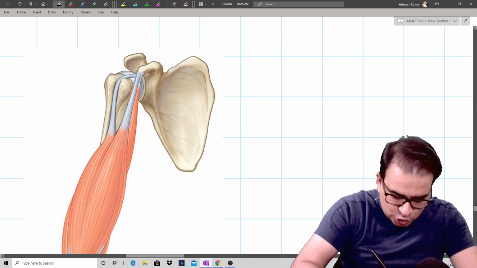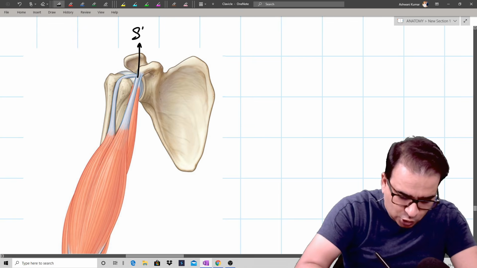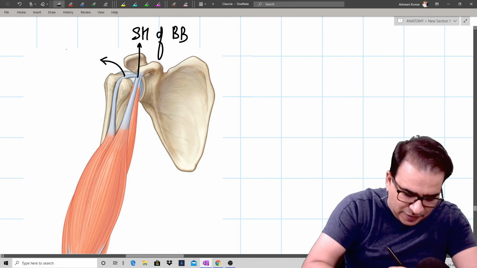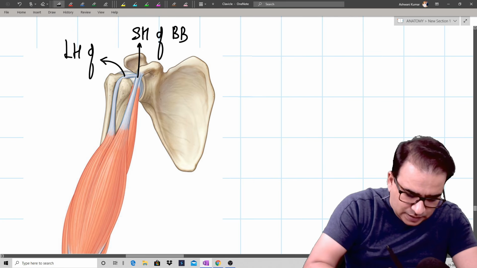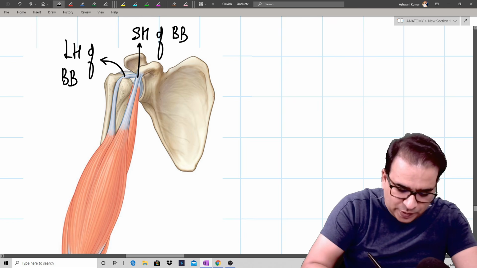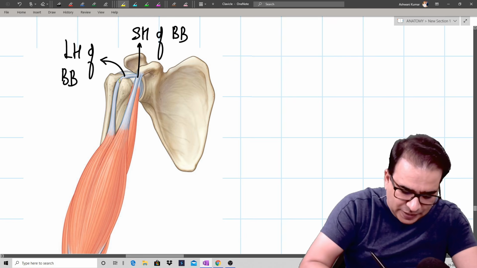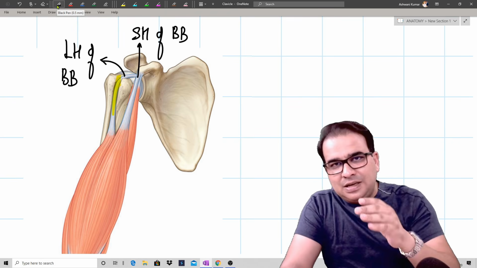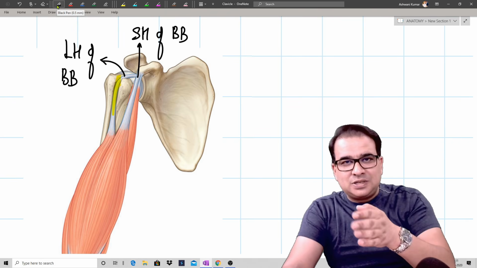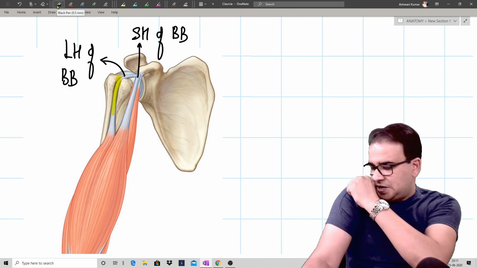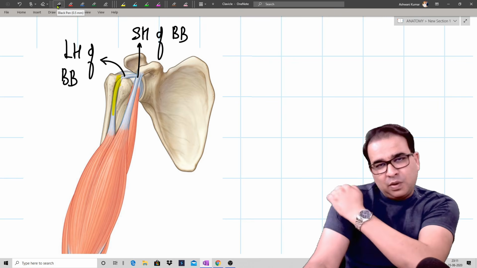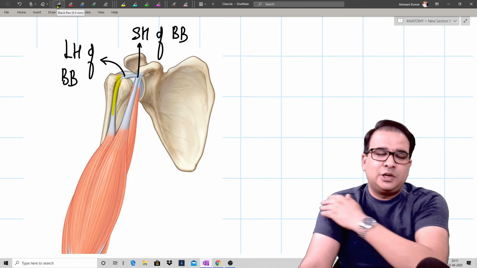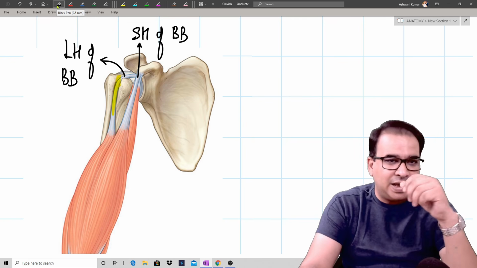Now this is the short head. Can you see that? That's a short head of biceps brachii, and look at this long head of biceps brachii. That's a long head of biceps brachii coming from the supraglenoid tubercle, and then running in the bicipital groove. So the one tendon that you see running straight from the coracoid process, that is the short head, and the one which is taking the pathway through the bicipital groove, more laterally placed and also supporting the humerus from the lateral side, is the long head of biceps brachii.